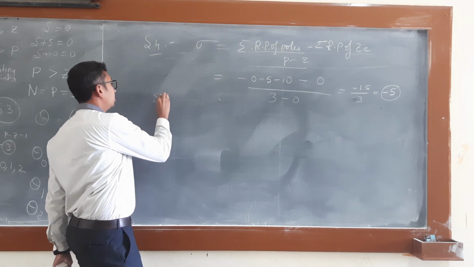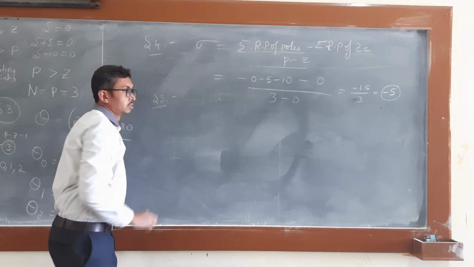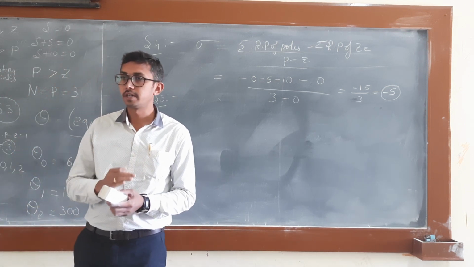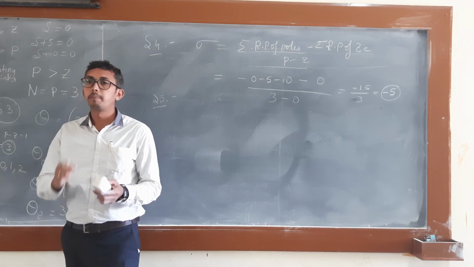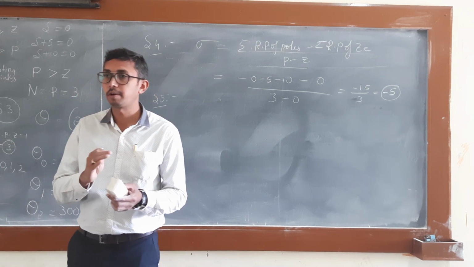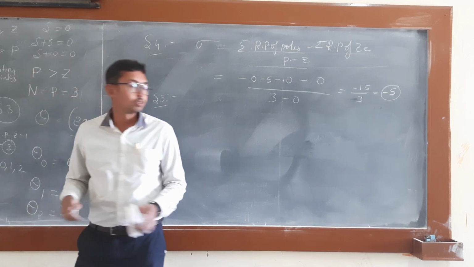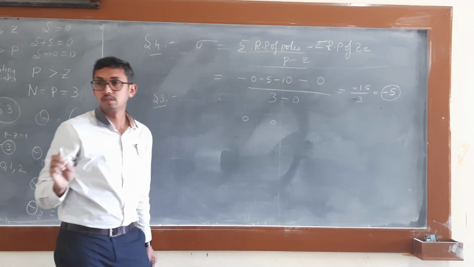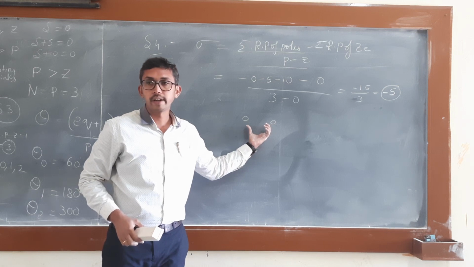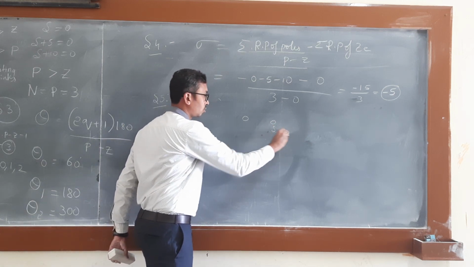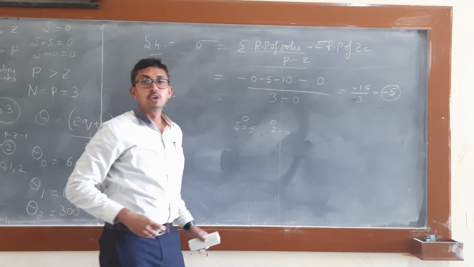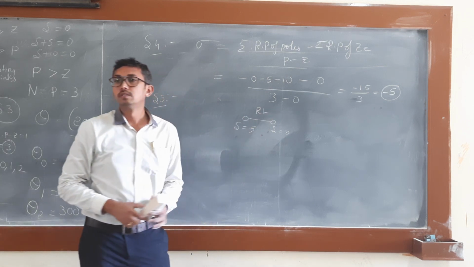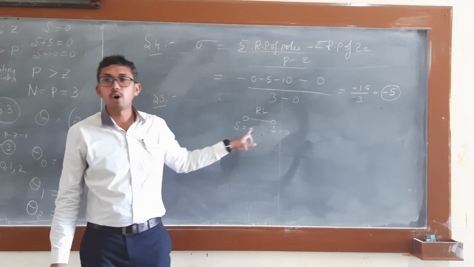Okay. Next, step number 5. What is step number 5? To find out the breakaway points or break-in points. So when are we going to get the breakaway points? See, when we have two roots, so these are the two poles. For example, I got s is equal to 0 and s is equal to minus 5. We predicted that root locus is possible. Correct? There is a root locus possible between 0 and minus 5.